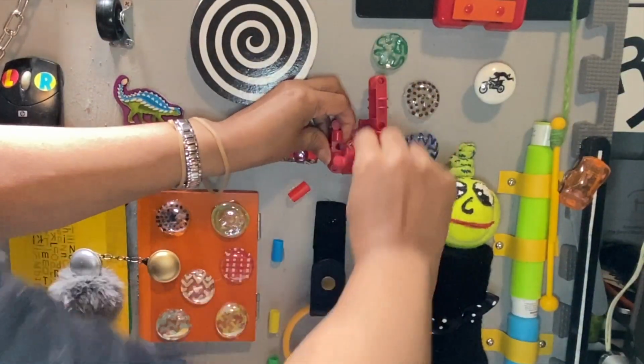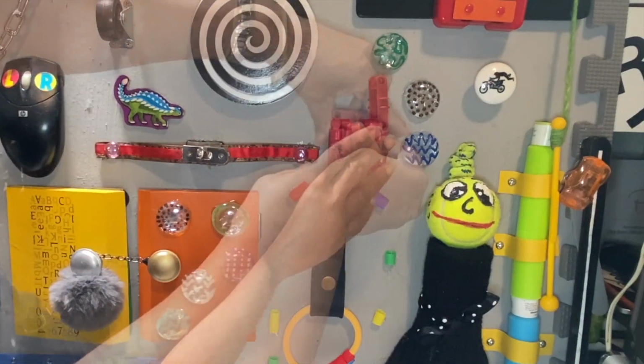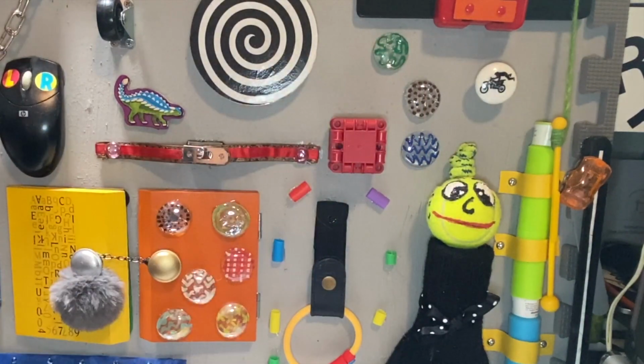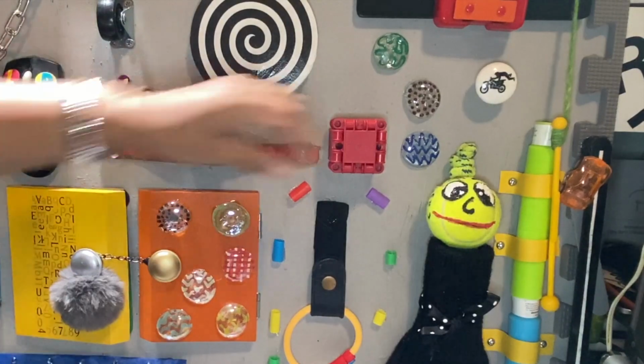This little doodad right here is from a piece of a clicks set. And it's great for fine motor for kids to just try to push the pieces together or open up. I've made it into a box, so he might have difficulty opening it right now, but that's fine. And there was some more of the clear gems that I decorated, this time on the outside, so he can